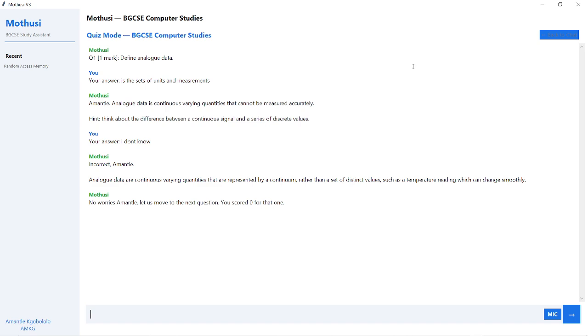Question 2, worth 2 marks. Explain 2 differences between analog and digital data. 2 marks. So basically, the difference between analog and digital. Let's do one thing. Let's say analog data cannot be measured accurately,